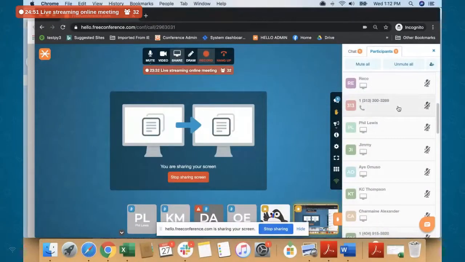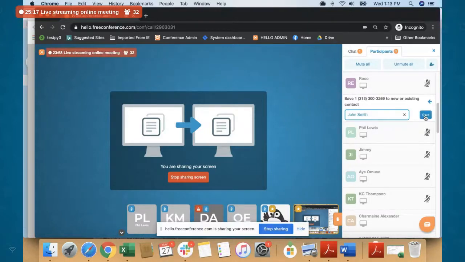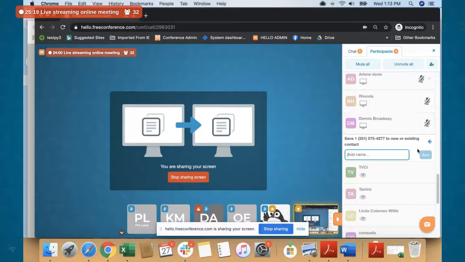Let me do that. So what Sarah was showing you was the ability to change a number to a name. So as the moderator, and actually we should say the scheduler, the person who organized the call, because what I did was promote Sarah to moderator, but it's not the same thing as me being the one scheduling it. So I've got this privilege. So if I click on this box, and I apologize if this isn't your name, it probably is not. That would be a miracle if I got that set up. I could go ahead and add that and save the record.